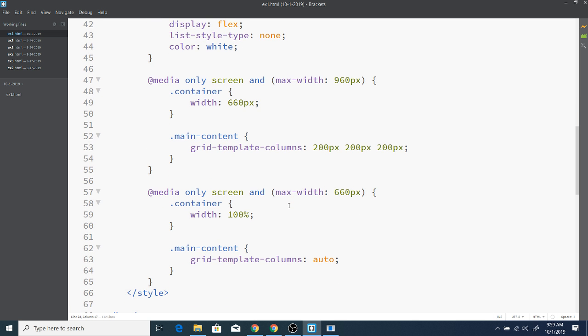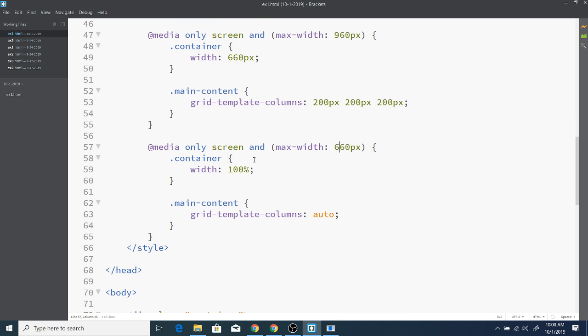And then once we get onto mobile devices, our breakpoint is 660 pixels. Notice how these map to each other. By the way, these are arbitrary. I basically took this, added up to 600 and added a little bit extra. There was nothing really scientific about this. This is going to be